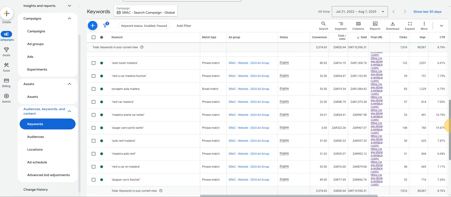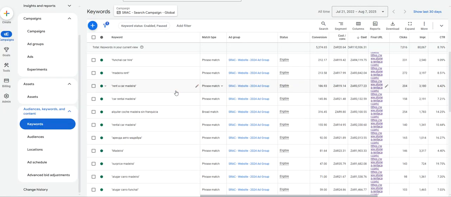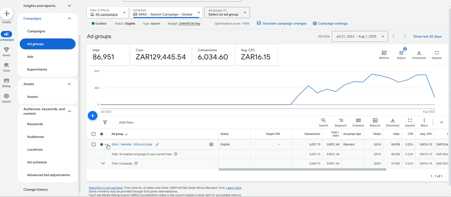So your keywords here are going to be really self-explanatory. It's basically just going to be other variations of rent a car, car for hire, car rental, rental car, right? It's going to be the same variation over and over. Where you want to segment it out, it's going to be the ad groups by location. So like I said, you're going to have the same keywords. People are going to be searching different variations of car rentals and car for hire,